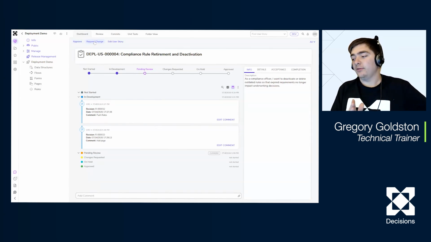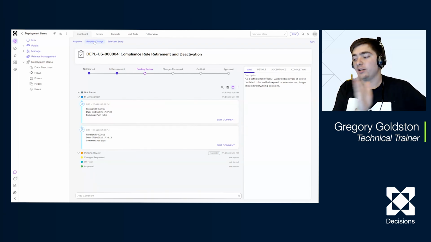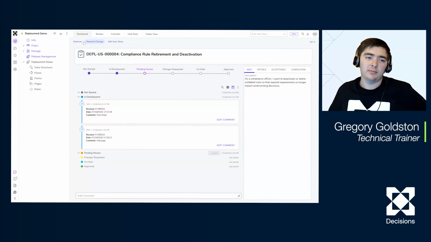If I don't have time to request a change and go back, but if you request a change, it's going to put it back into an in development state and it will display any comments made by the reviewer to the developer for them to follow in making those updates. All right. So before I approve this, I want to show you what this looks like inside of the deployment